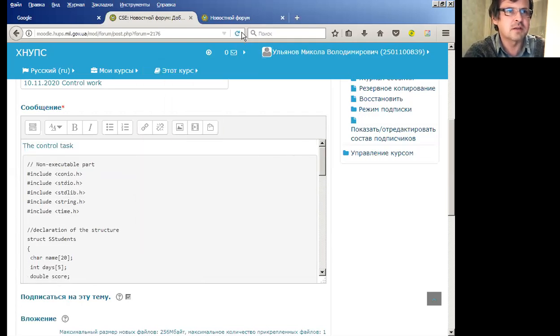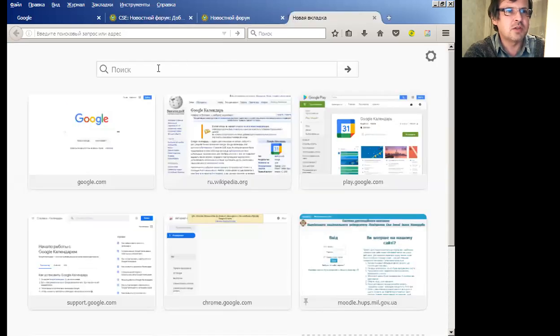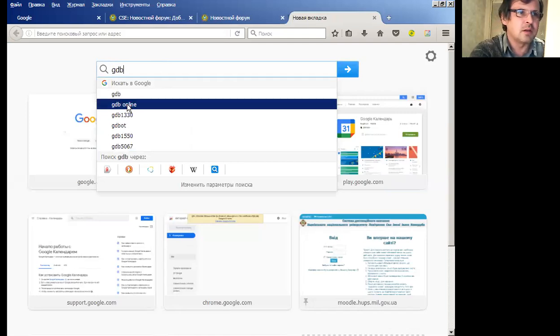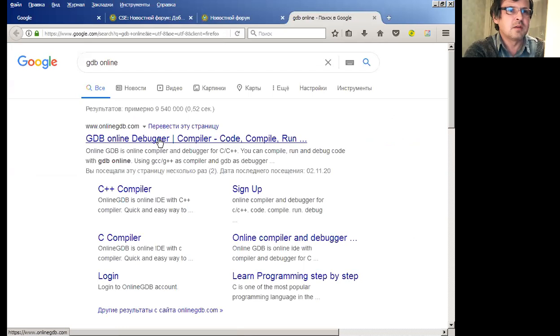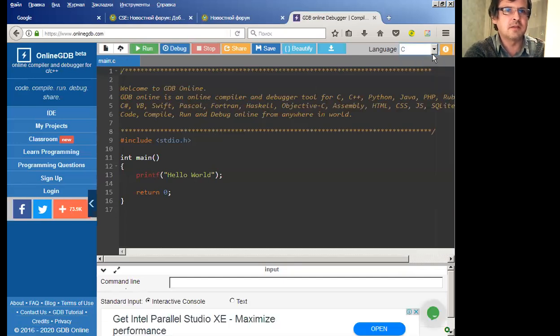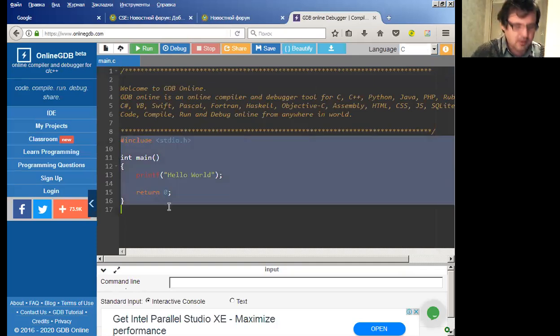So after this, let us try to open the GDB online compiler. GDB, C++ compiler, or even C compiler. Let us select C language. Okay, so instead of this beautiful hello world, let us paste